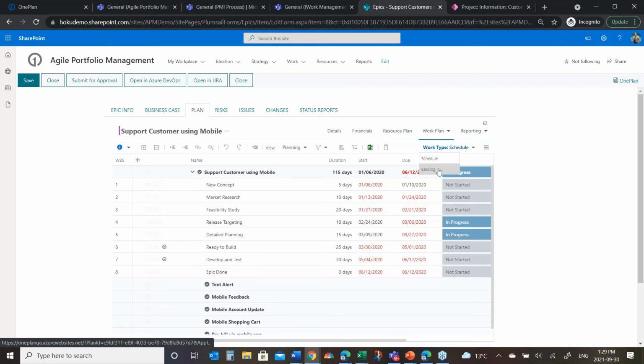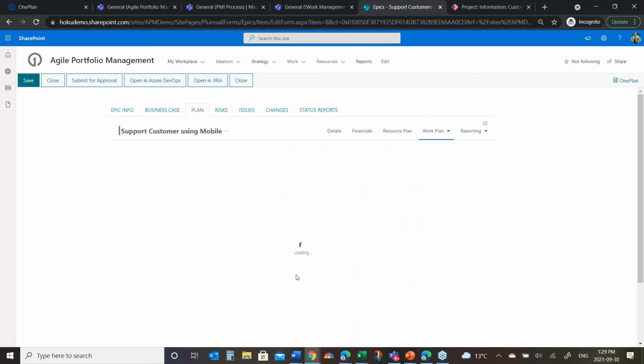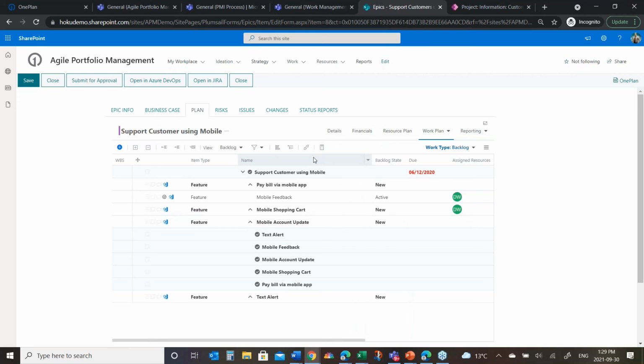I could also have a backlog, which will pull data in. This one's pulling it in from Azure DevOps. So this is a hybrid project where we're bringing in data from both locations. If you've seen a OnePlan demo before, it's pretty standard stuff that we like to show, but we're doing it in this particular case right here in SharePoint so that we can do all of the kinds of scheduling tasks that